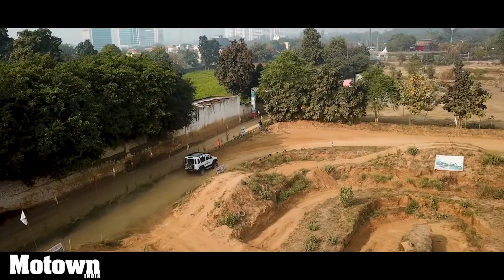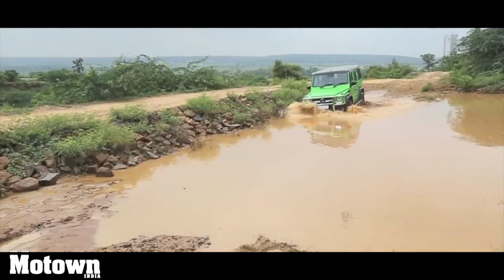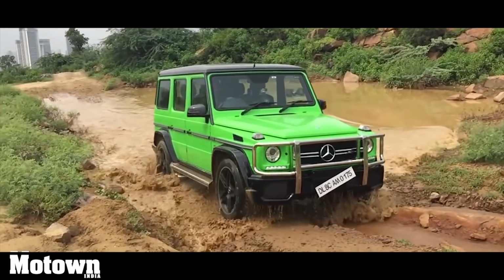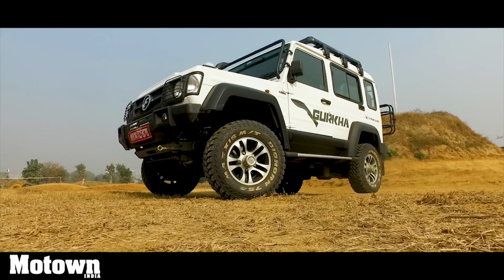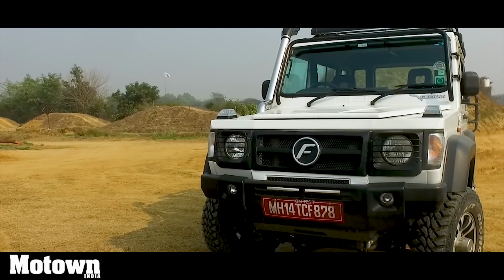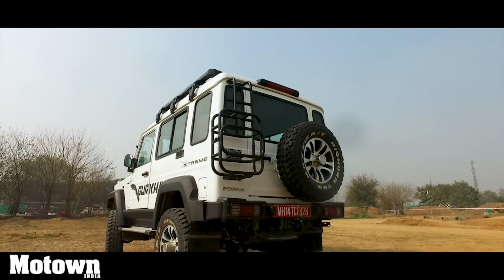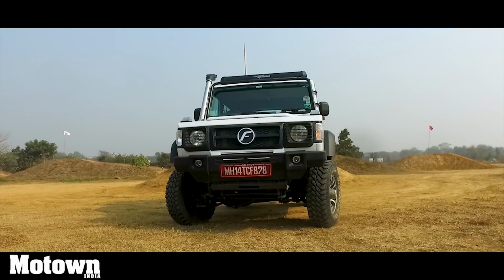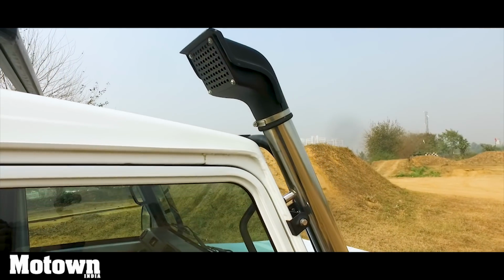Let me quickly describe the exterior and interior to you. The Gurkha Xtreme is styled on the lines of the legendary Mercedes-Benz G-Wagon. The exterior of the vehicle has undergone a facelift with a bold new front fascia, bonnet-mounted LED indicators, new front and rear steel bumpers. And what comes standard in this Gurkha Xtreme are the signature chrome finish air intake snorkel